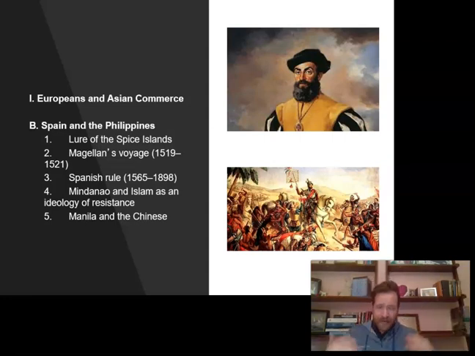Now, after Columbus's, I guess, unsuccessful voyage, I mean, he didn't find Asia, he found the continent of the Americas, or two continents, depending on how you wanted to define a continent, they started to look for other routes. And this was a fascination of many European countries: let's find a route that goes from Europe to Asia through the Americas.